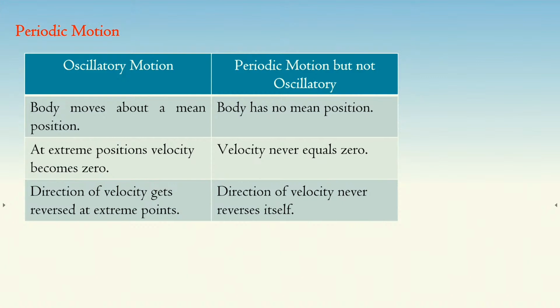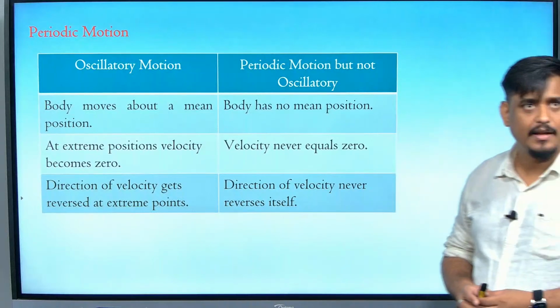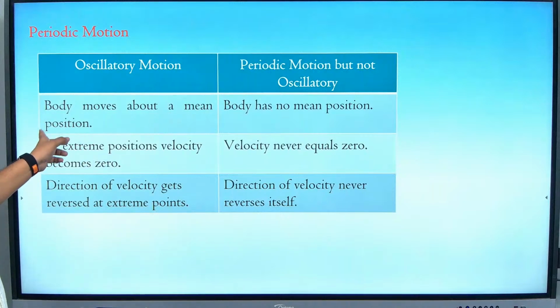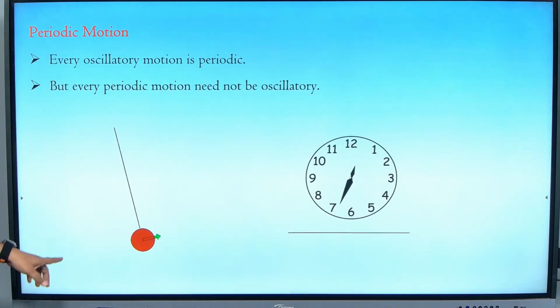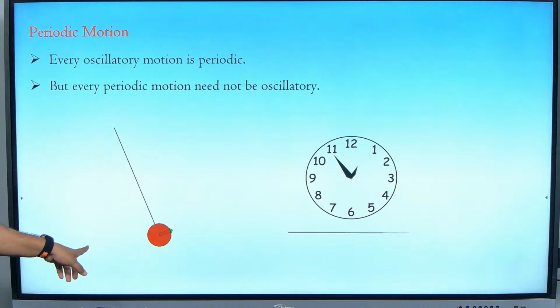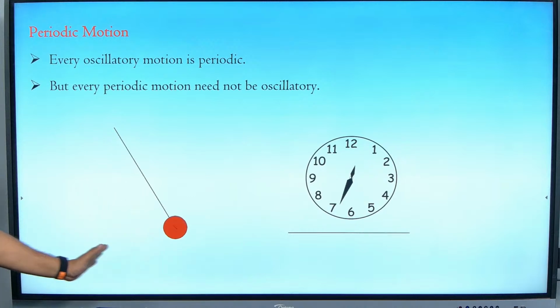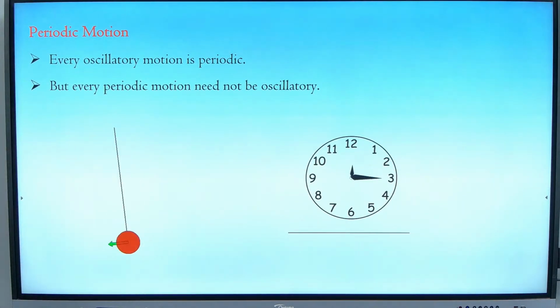Yes. I will tell you, Sugendran. I am writing the difference between oscillatory motion and periodic motion, okay. The first difference is, in oscillatory motion the body moves about a mean position. Like if you see this diagram, it is moving around a mean position, right, Sugendran? Mean is the center position, it goes to and fro. You be unmuted for some time, Sugendran, unmute yourself for a few seconds.